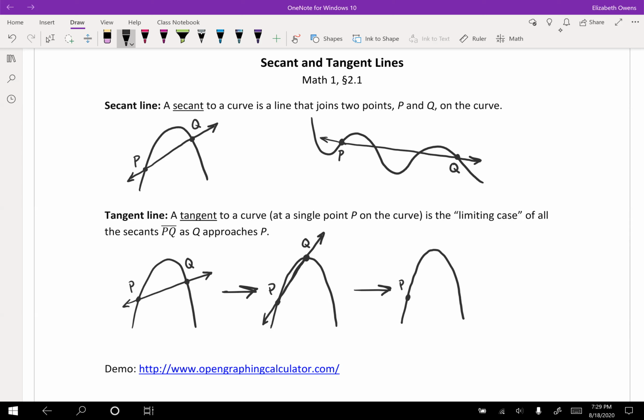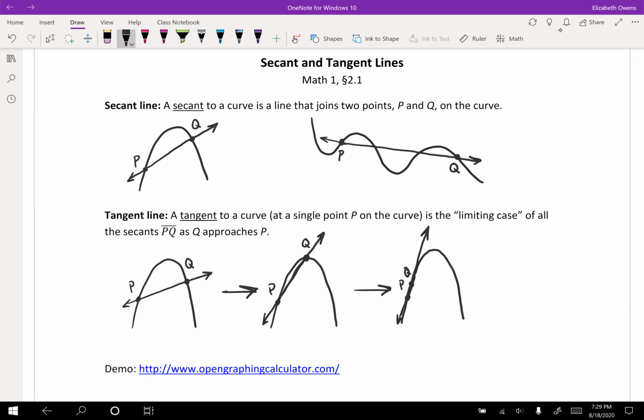And let's say point Q has shifted down so it's over here now, approaching P, definitely. We've still got ourselves a little secant line that runs just right along the edge of that curve. We can't really see how it's cutting through the curve very much at this stage, but we've still got a